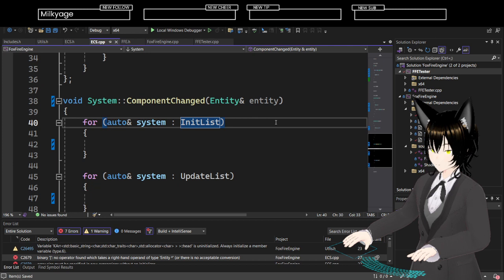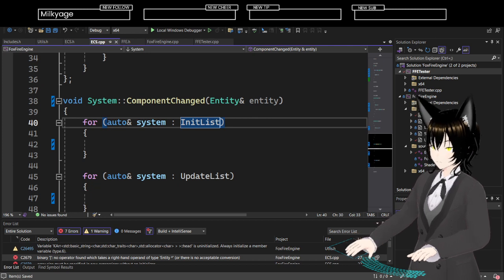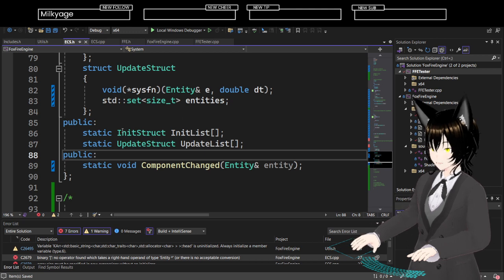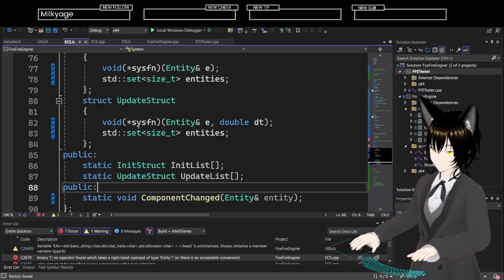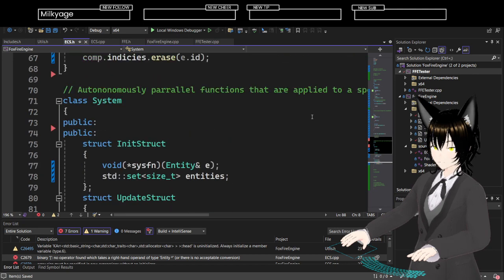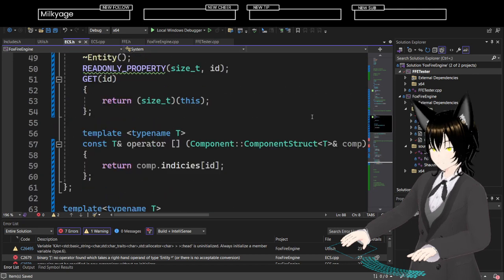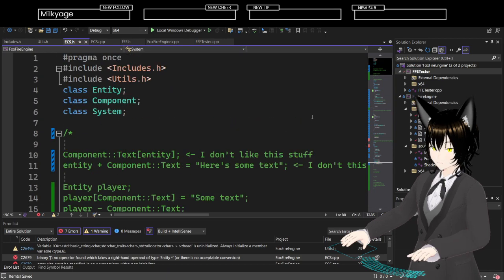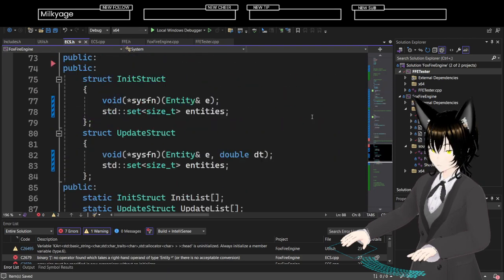Because the other way of doing it is that instead of this being a static system, and these being static, we'll need to move this around a little bit, but I think for now this should be fine.